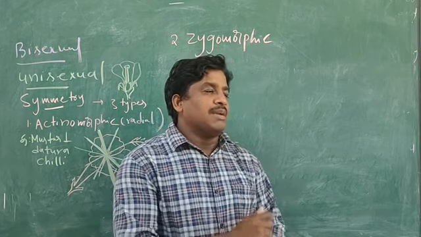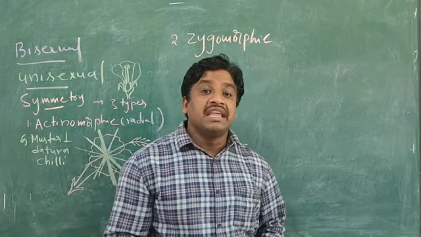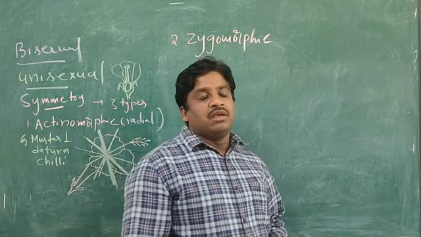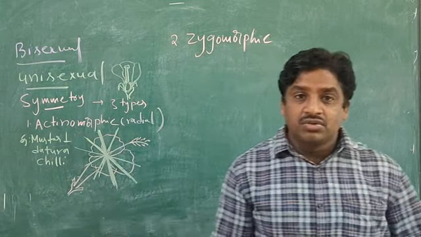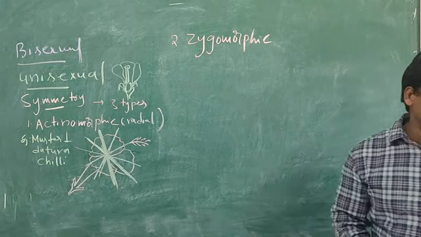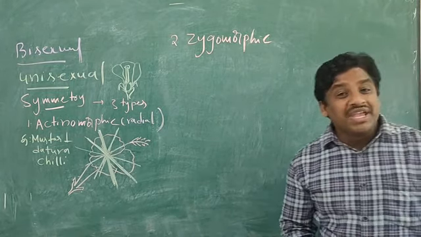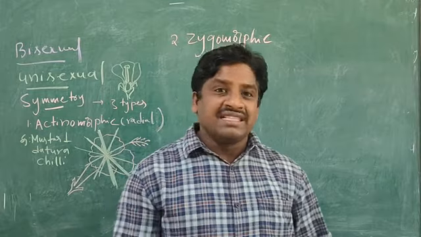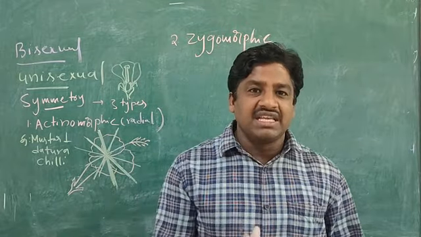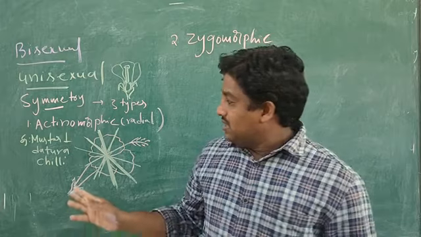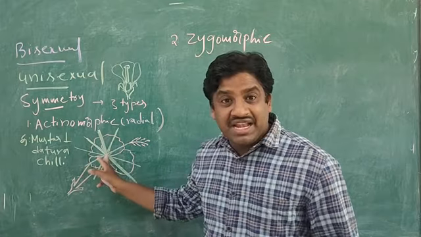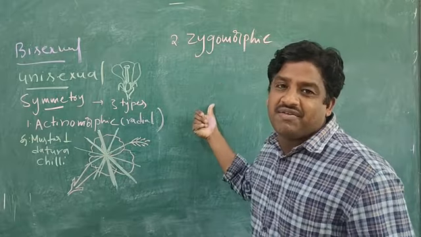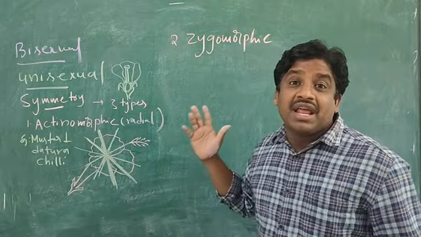So, for example, which one? It is the green pea. Okay, green pea and groundnut. Actually, it is green pea, beans. Do you know this? So, these are the examples. These flowers you can see. What I said previously, in any plane it can be cut and divided into equal parts. But here in the zygomorphic flower, the flower you can cut